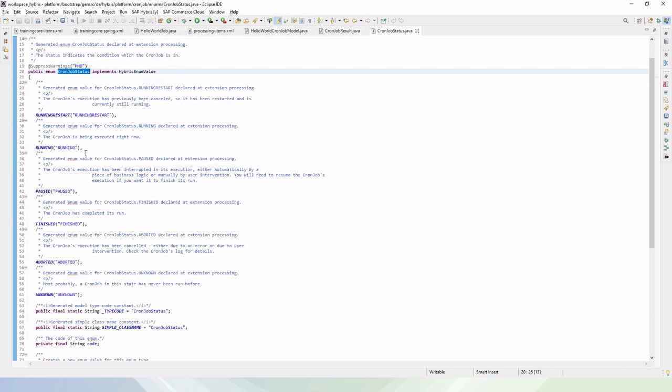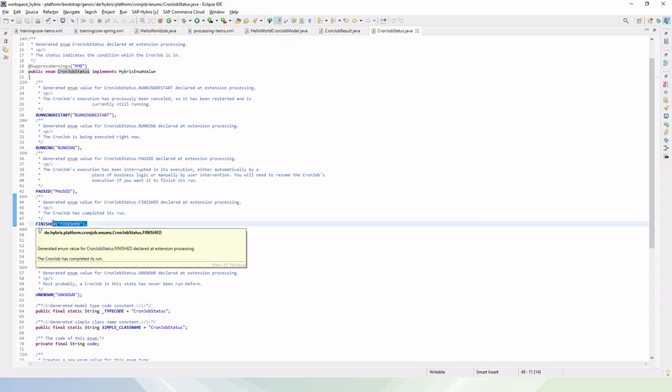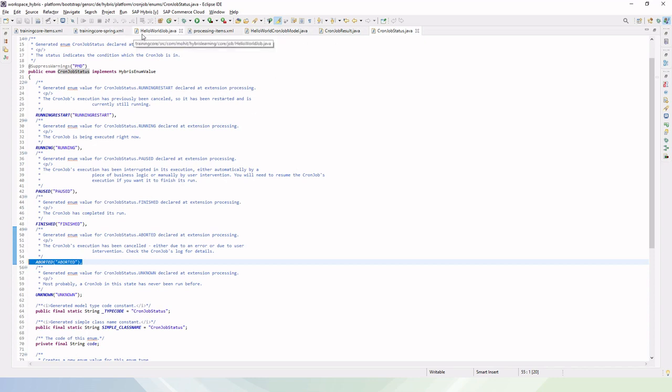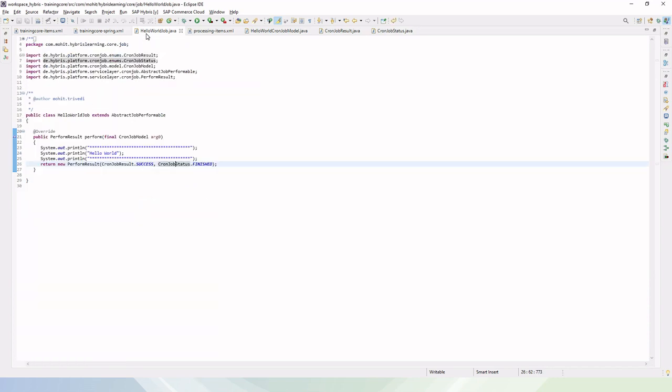If the cron job is running, then we will have the status as running, right? If it is finished, then the status will come as finished. If in any scenario the cron job gets aborted, then we have the status as aborted. So all these statuses we can see and use depending upon our logic.